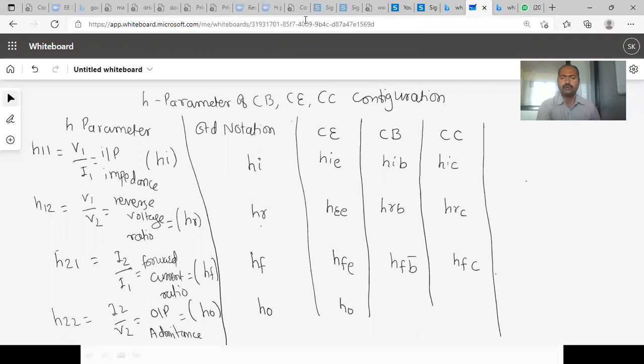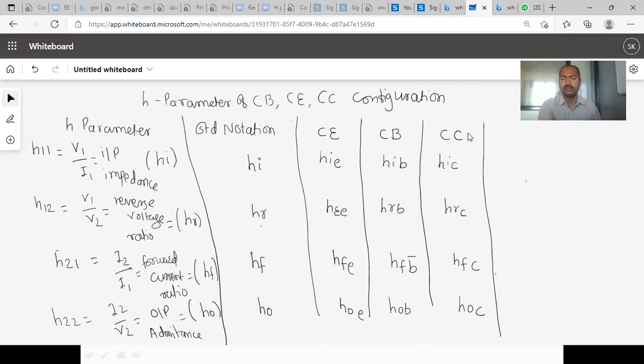Please tell me HO. HOE, right? For the base configuration, HOB. For collector configuration, HOC, right? These indicate that these are the particular terms related to the common emitter, common base and common collector configuration. When we calculate the same thing, when we have seen the common emitter, common